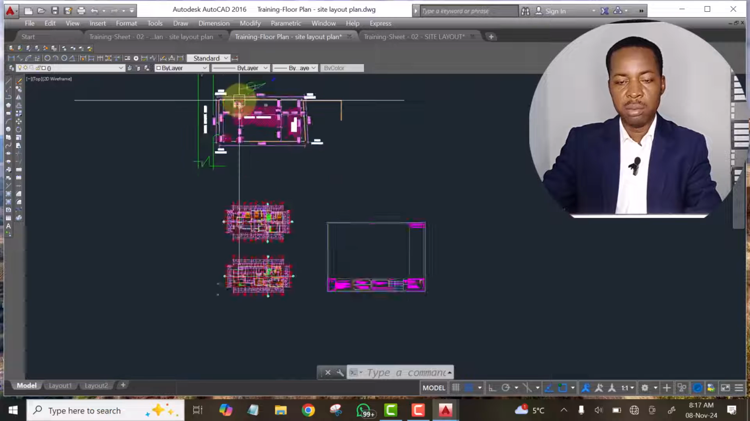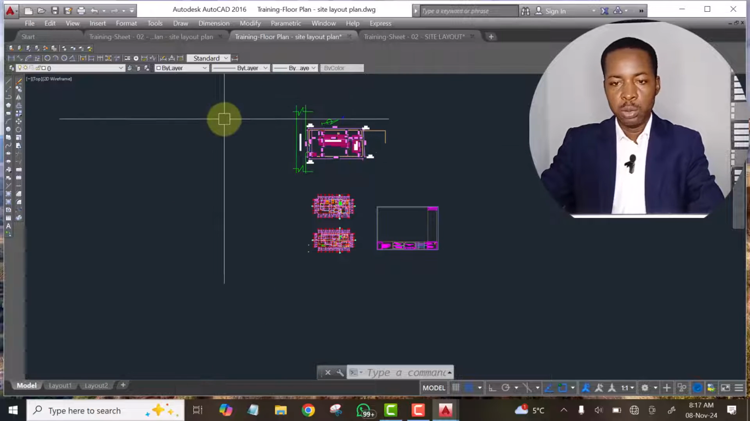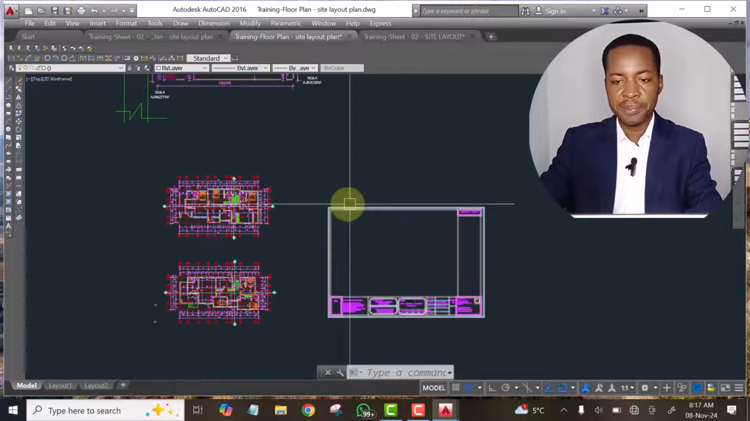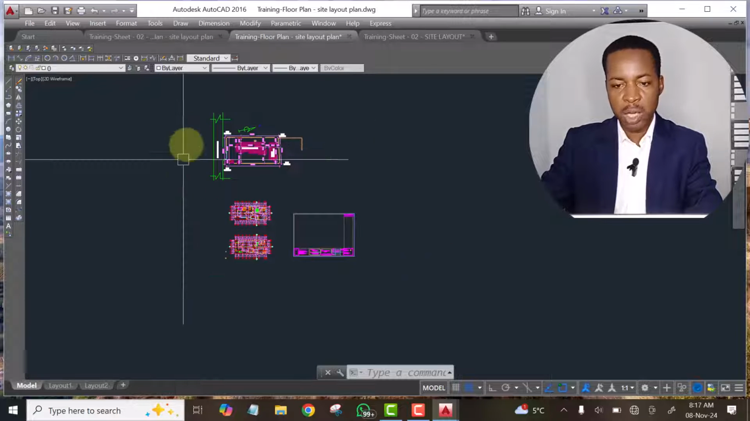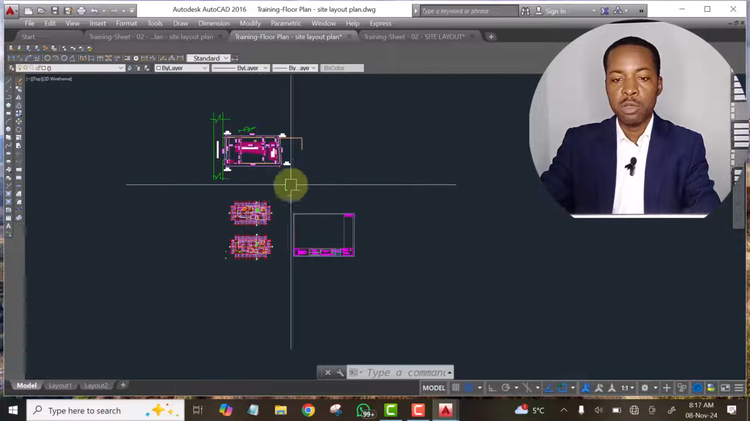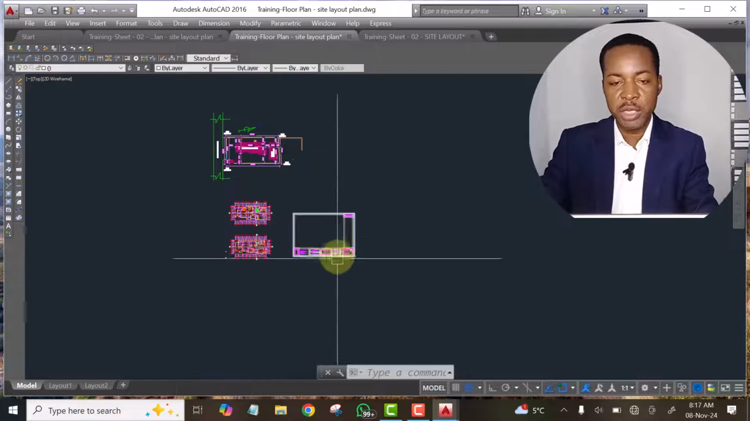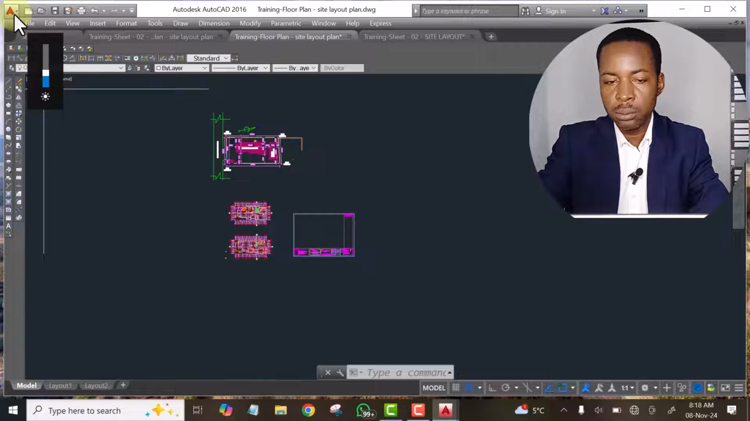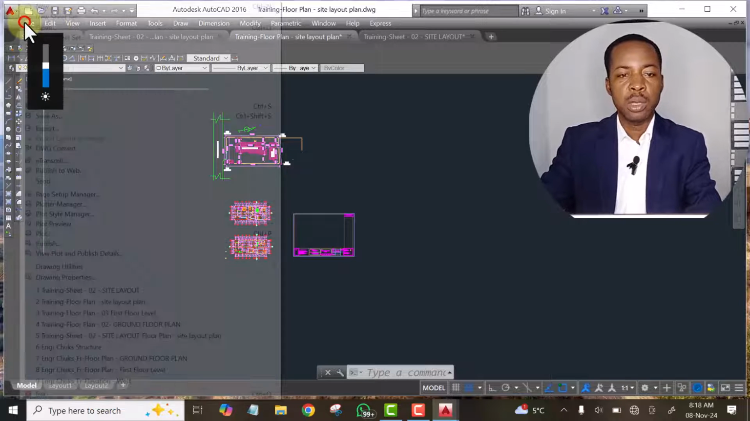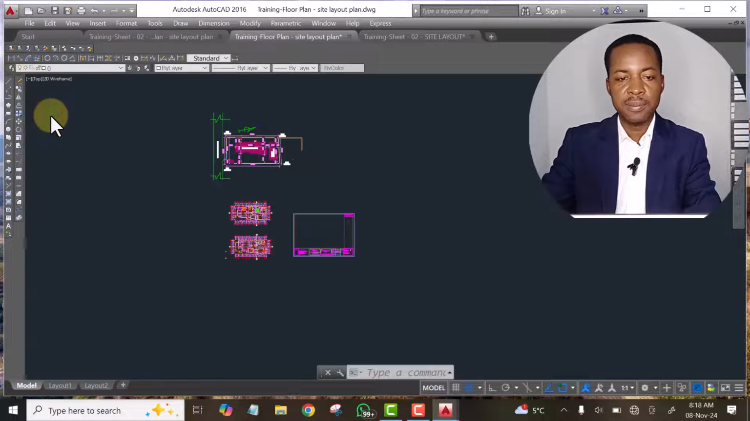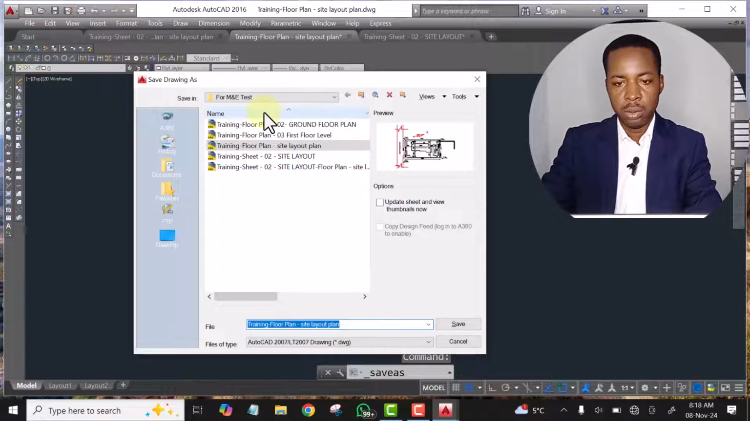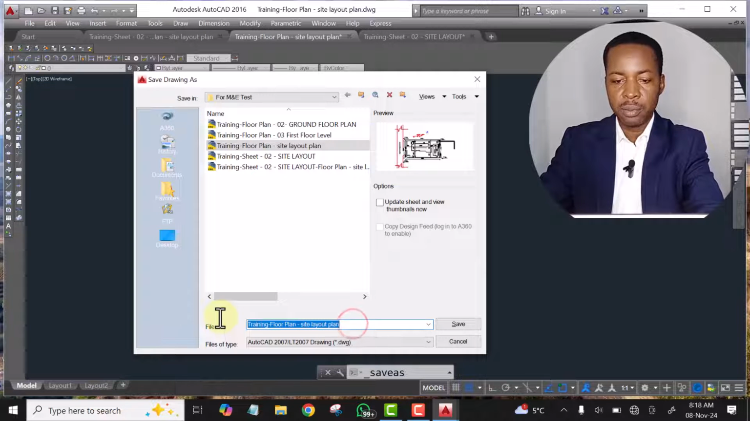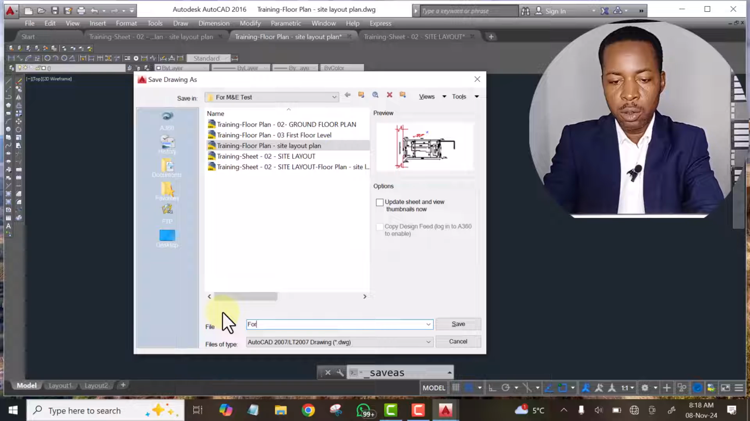If you like, you just save this one differently. Save this particular file, this one that has all the drawings that you need to send to your engineer. You are going to click on file. You click on file, save as. You can see it has taken me to the same folder. Give it a name. Let's say for M